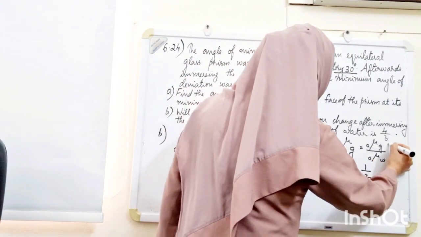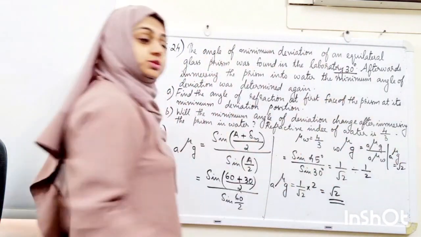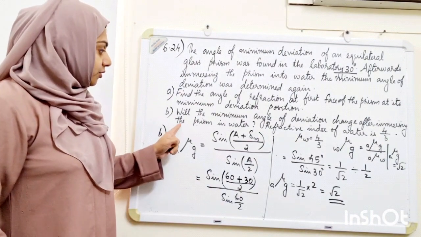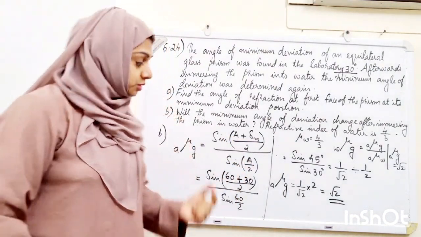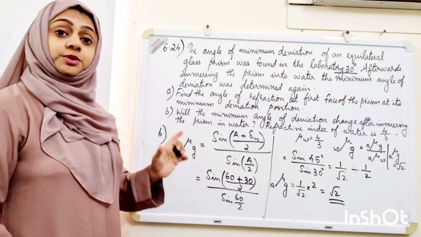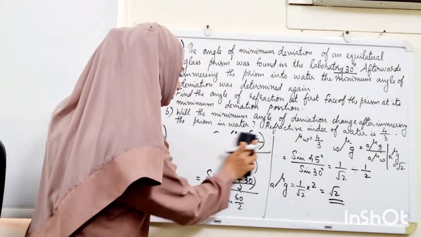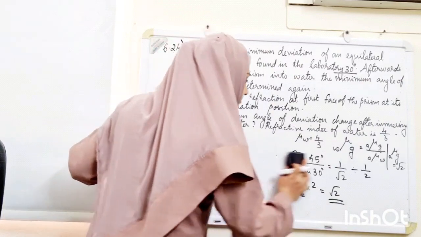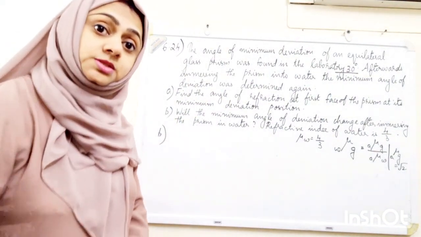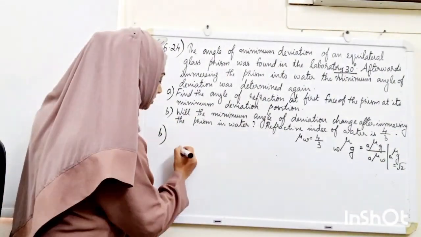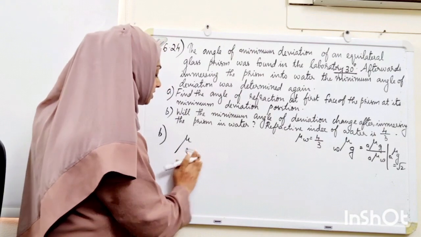So we have found that the refractive index of glass with respect to air is equal to root 2. We will use that equation. Now we will consider that the prism is taken from air and immersed in water. So the same equation when we consider the prism in water will become the same equation. Here we first used the equation when the prism was in air. Now the same equation when the prism is immersed in water, refractive index of the glass which is made of